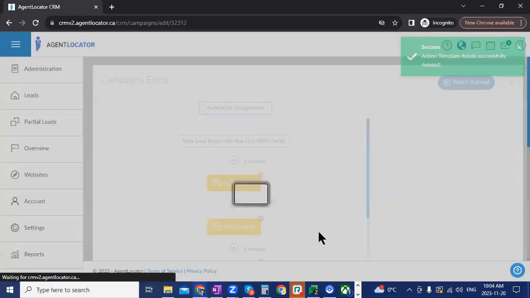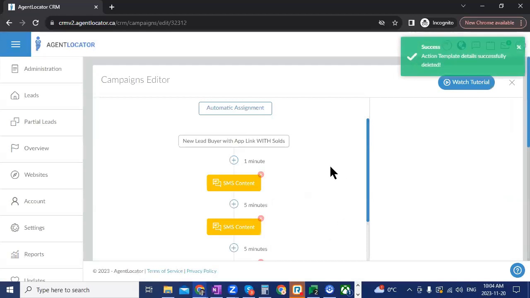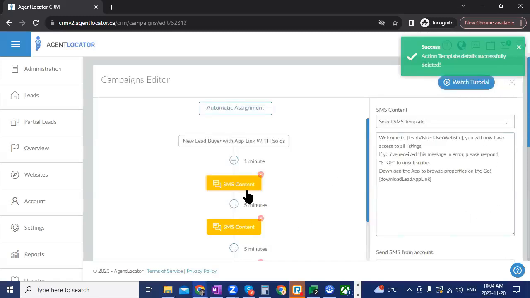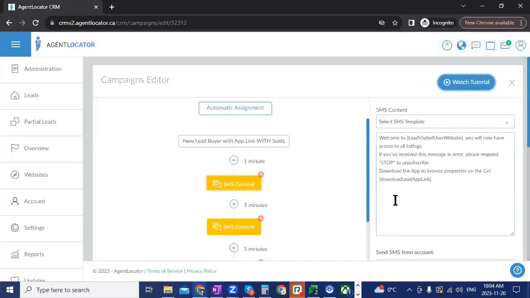So if you're ever seeing anything like that, you can always delete actions in here. Now, when we click on the action as well, we're able to see what that involves. So we have the SMS, the first one here. This is the essential autoresponder that goes out when your lead registers, acknowledges that registration,